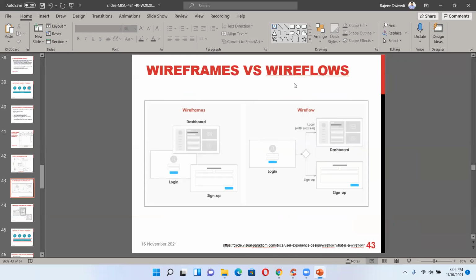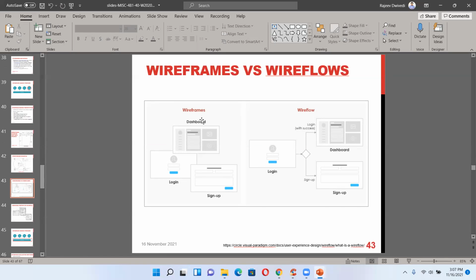So wireframes versus wireflows. Here in the wireframe, they have dashboard, login, sign up. In the wireflow, you have login, and then you go to, so basically it is the flow of how it goes, related to the flow of the work. Login, you go into dashboard, or if you don't have an account, you go into sign up.